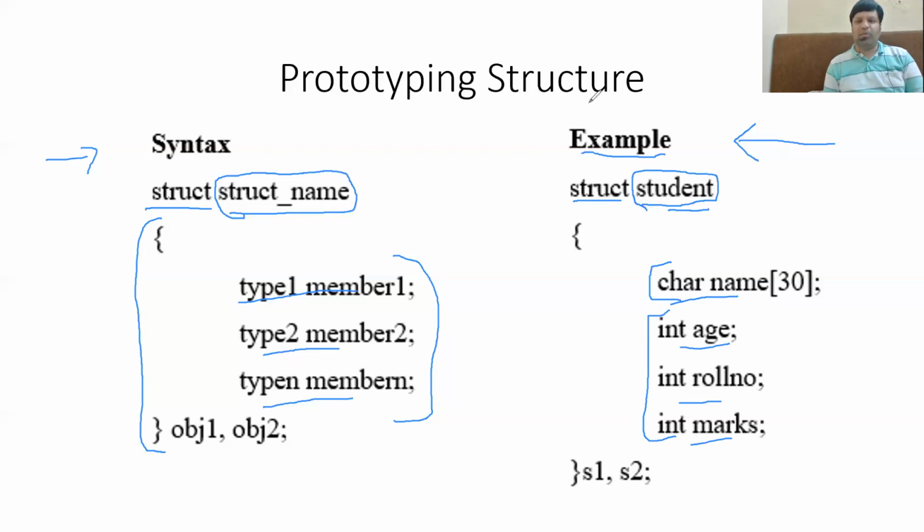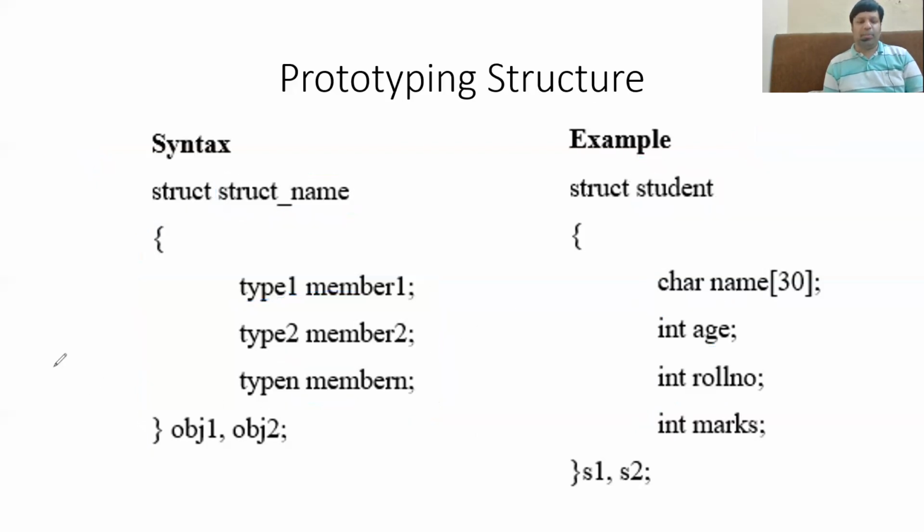So this is how we are able to prototype or declare a structure. So here actually we have only created the data type. We have not created any variables like object 1 and object 2 mentioned here. So do not focus on this here. This has been discussed later. If you just simply ignore these two, S1 and S2, we have just created a data type.